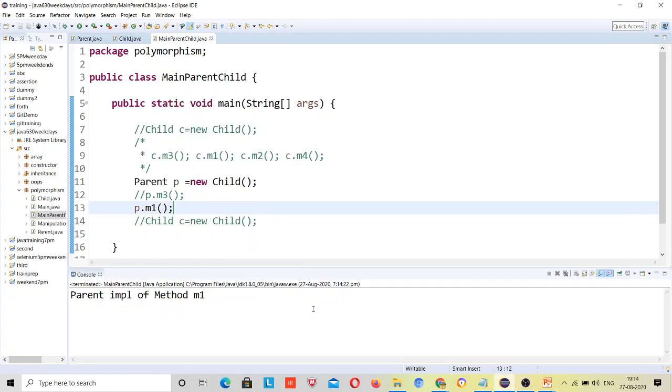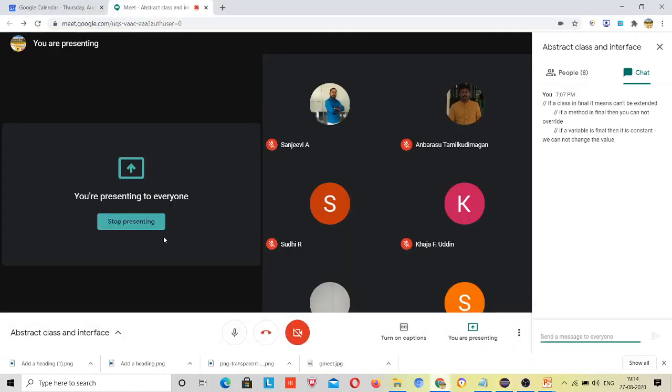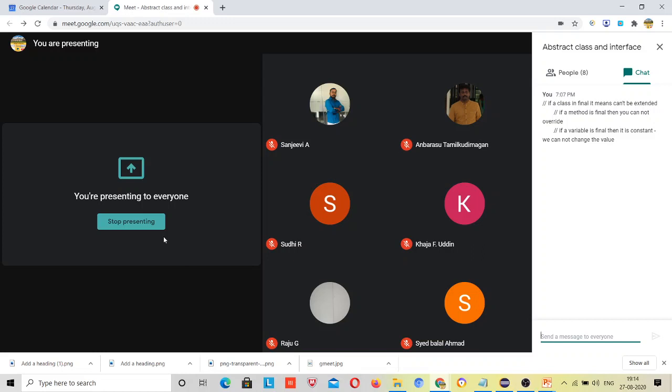Why do we need that? Now come to this. Suppose I am the owner of a company, right, and I want that if I am following something, then my child should also follow. Suppose I have 5 methods, I am the parent class, and I want that my child should not implement other methods.